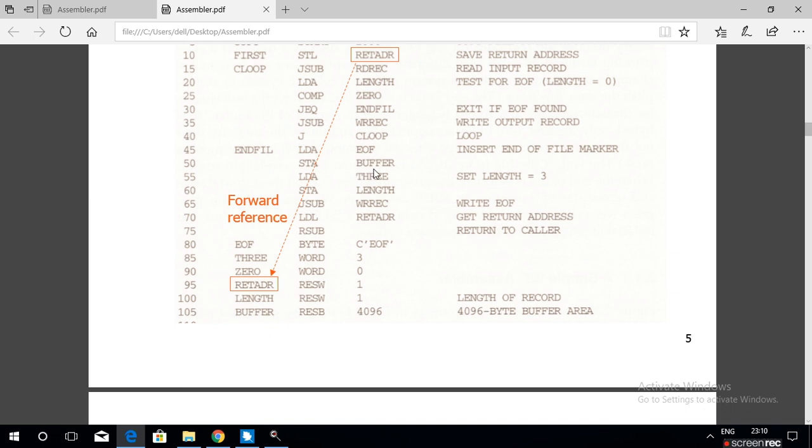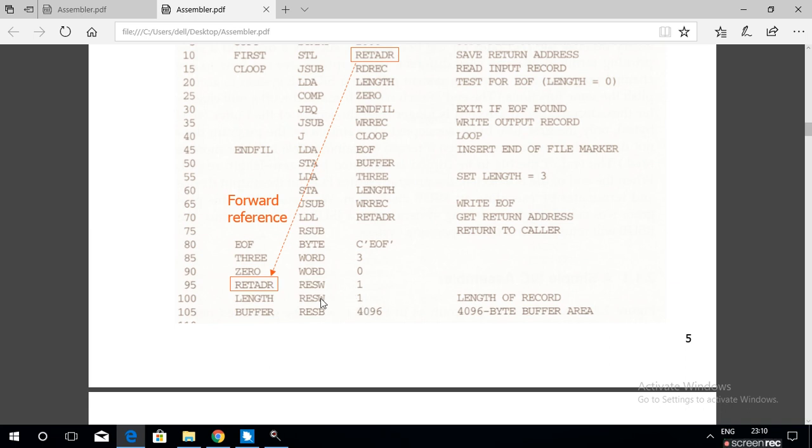STA BUFFER means store the content of the accumulator into the buffer, into the starting address of the memory location.